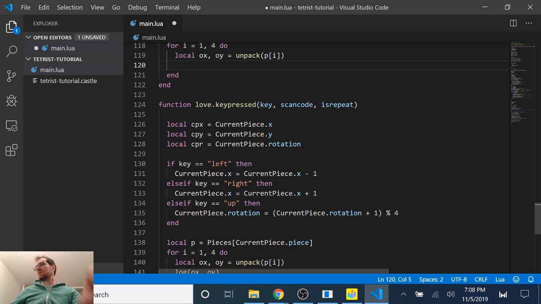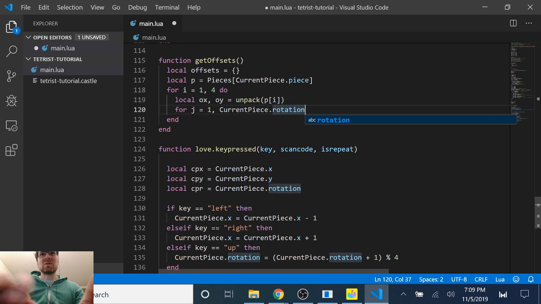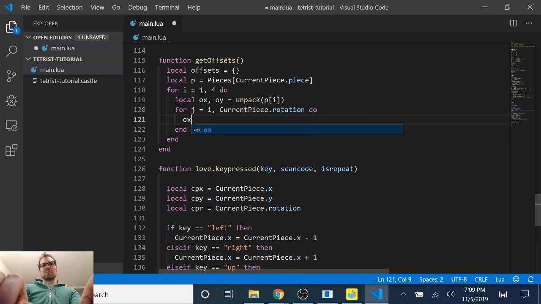So the way that we do rotation is just to do a little bit of arithmetic. Basically each time we rotate right, X and Y kind of switch, but then X turns into Y, and Y turns into 5 minus X, I think. So for j equals 1 to current piece dot rotation do OX equals